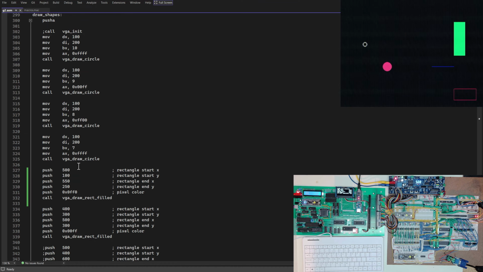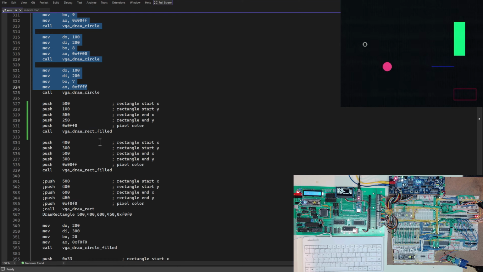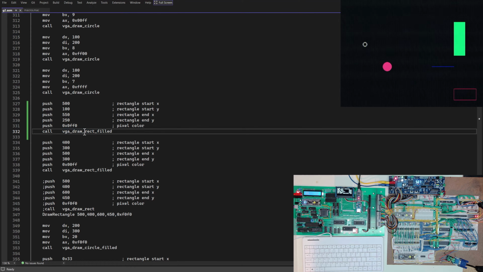If I go back up, after I draw a circle, I have some more circles. So these were those nested circles that I was filling in. But then I had it, for example, here where I draw a rectangle and I fill it in. Now this one doesn't go through registers to pass the parameters. Instead, I'm pushing them onto the stack. So if I go look at that one for a second,